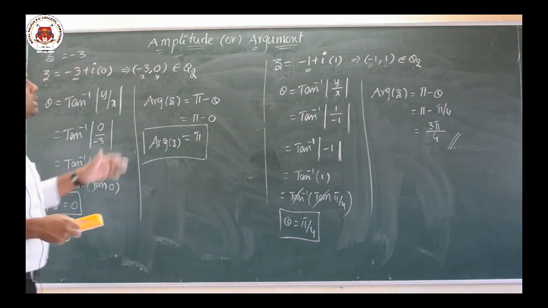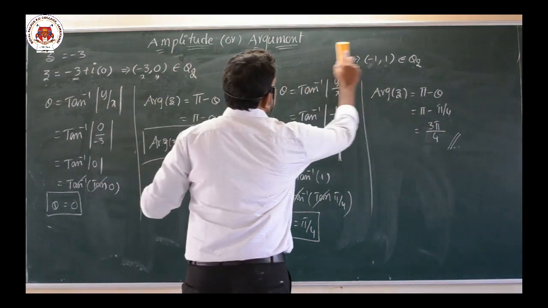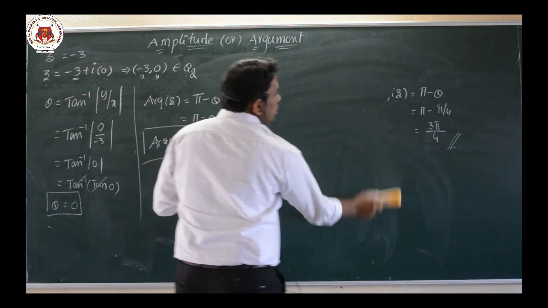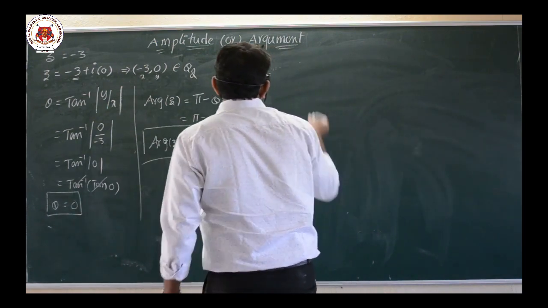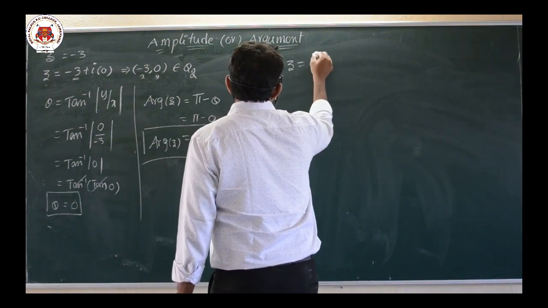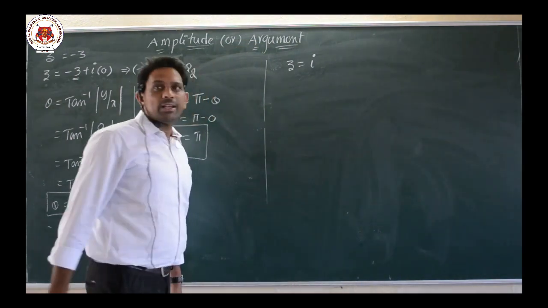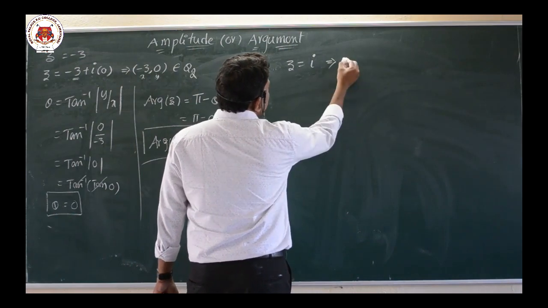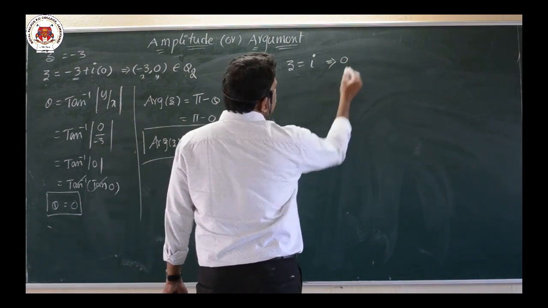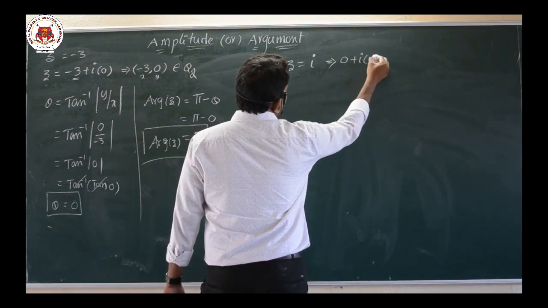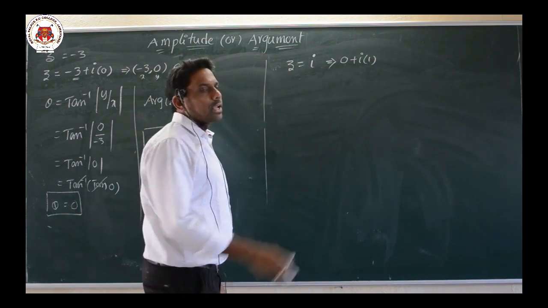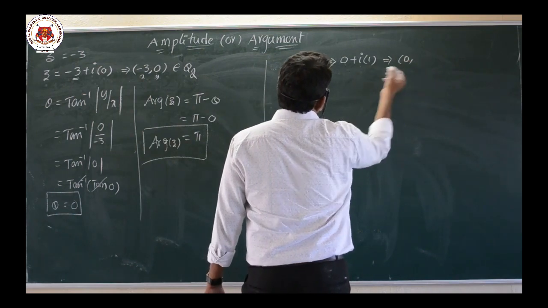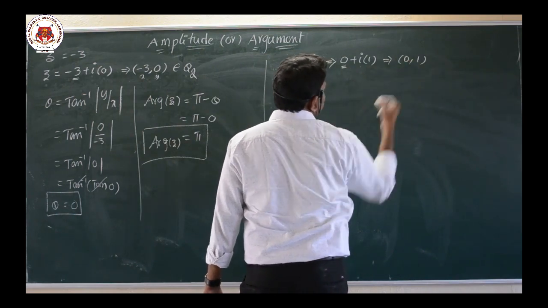Here only the real part was there. Suppose only the imaginary part is given, then how to find it? We will take another example, where only the imaginary part is there and there is no real part. Then first of all, we must write 0 plus i. Here 1 is there, 1 into i is nothing but i, so 0 plus i is i. The real part is 0 and the imaginary part is 1, that is x, y.